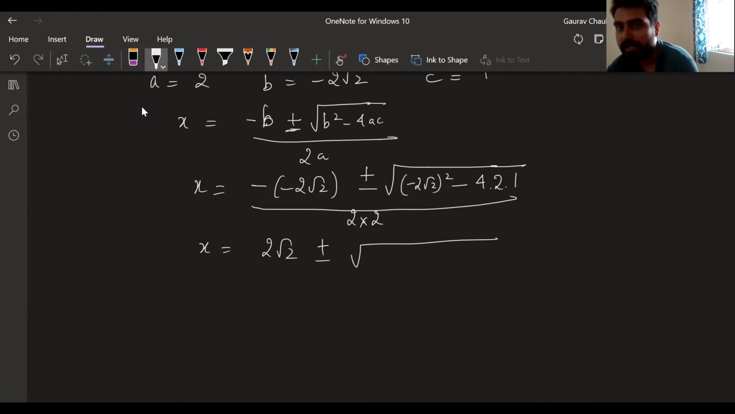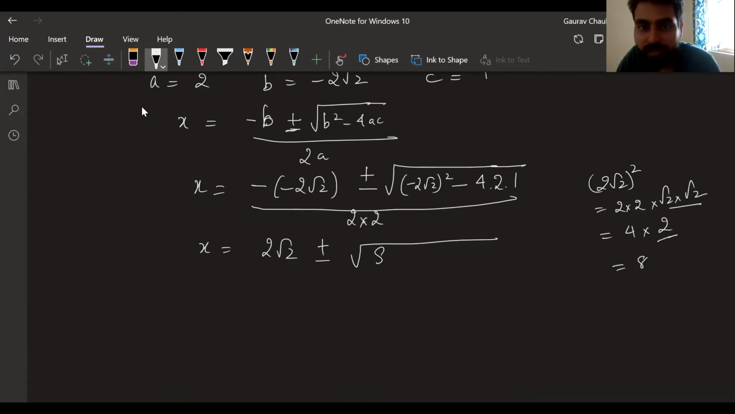Now to do 2 root 2 square. So 2 root 2 का square करेंगे. I'll get 2 into 2 first into root 2 into root 2. That's equal to 4 into 2. This is basically 2. That gives me 8. So I have 8 minus 8, by 4. So x is equal to 2 root 2 plus or minus root over 8 minus 8 is